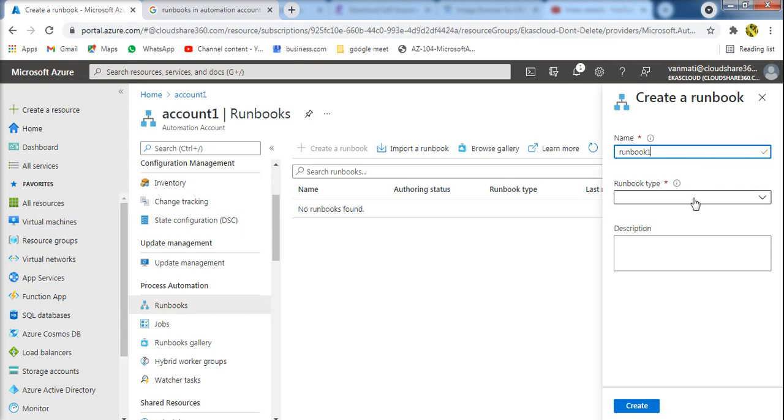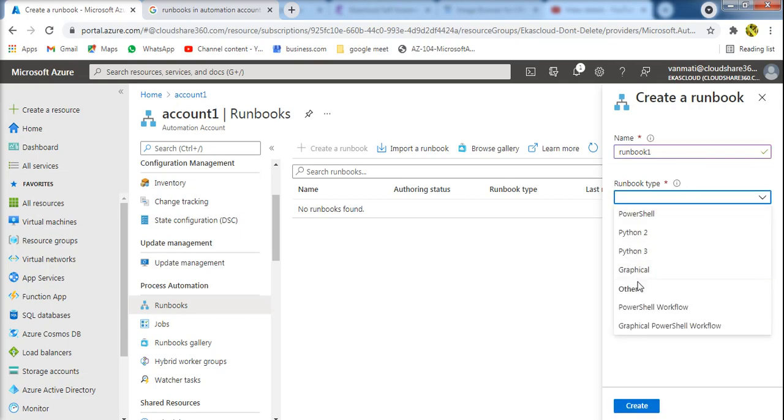1. For runbook type, here we have three types of runbook. One is PowerShell runbook, and Python runbook. In Python itself we have Python 2 and Python 3, and graphical runbook. Moreover we have PowerShell workflow and graphical PowerShell workflow.